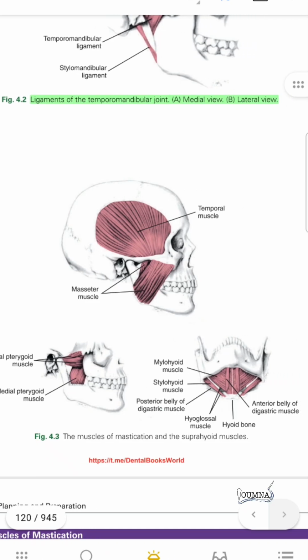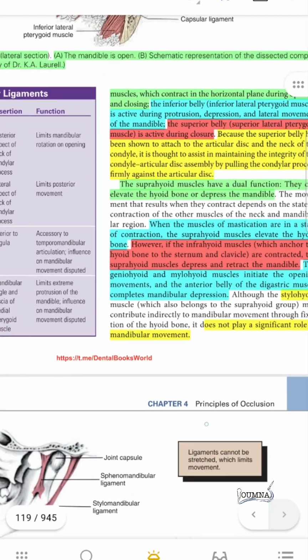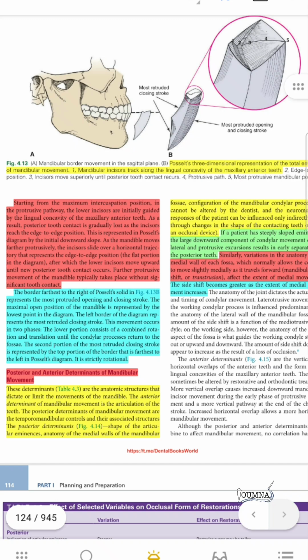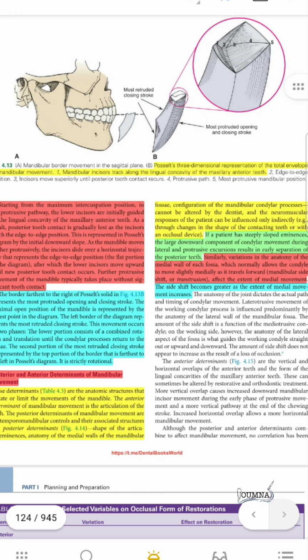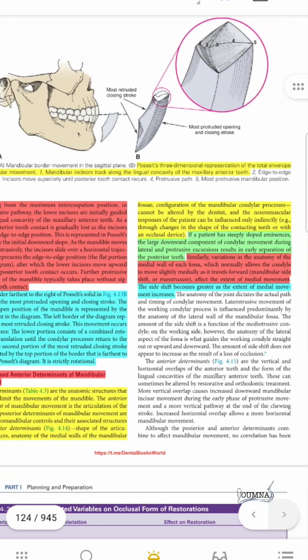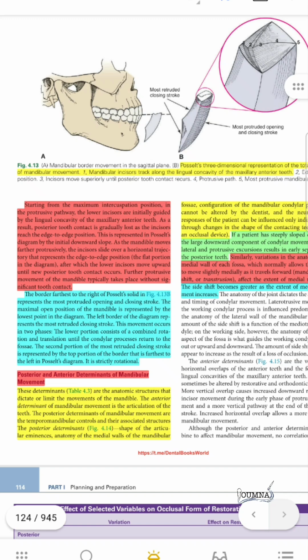Also, the muscles of mastication and the suprahyoid muscles function in the movement of the mandible. The Posselt's three-dimensional representation is the diagram that reflects the movements of the mandible, starting from the